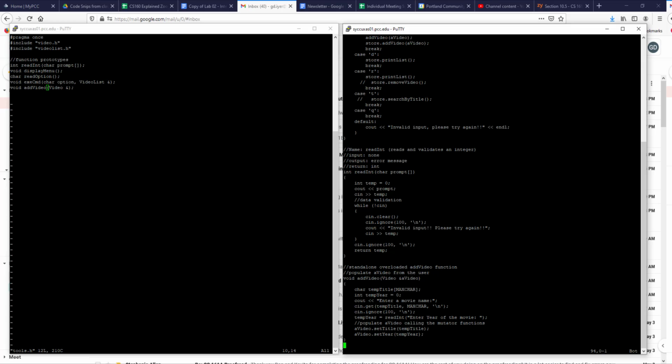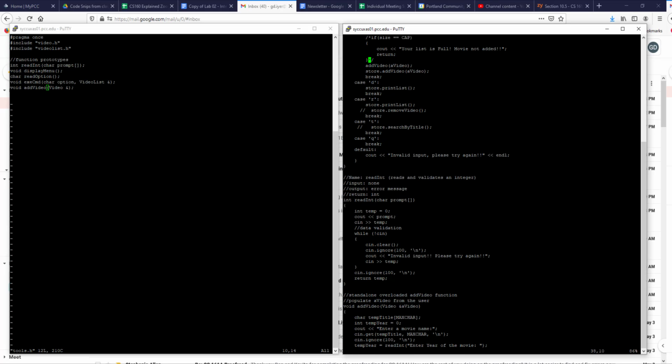So here's add video, which takes a video by reference, reads all the information from the user. We populate that video using our mutative functions. Then it doesn't return anything, but since the video comes in by reference, we come back here to this line of code where we turn around and send that video over to store.addVideo.